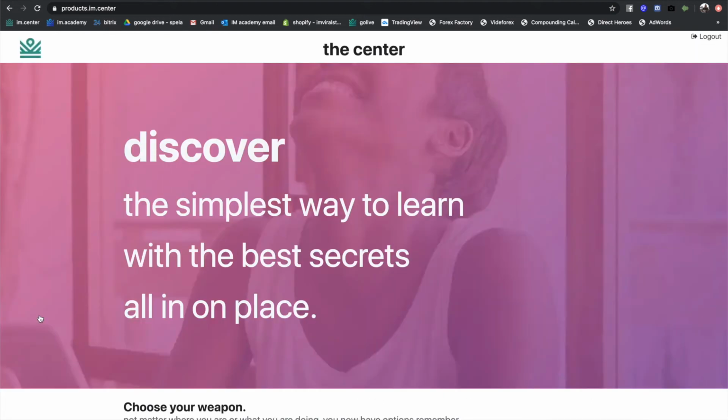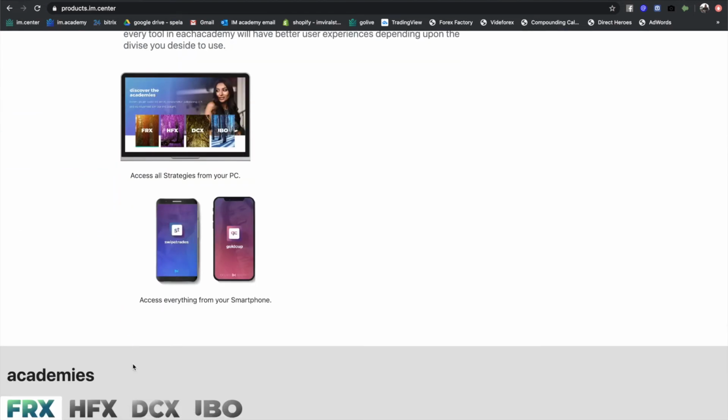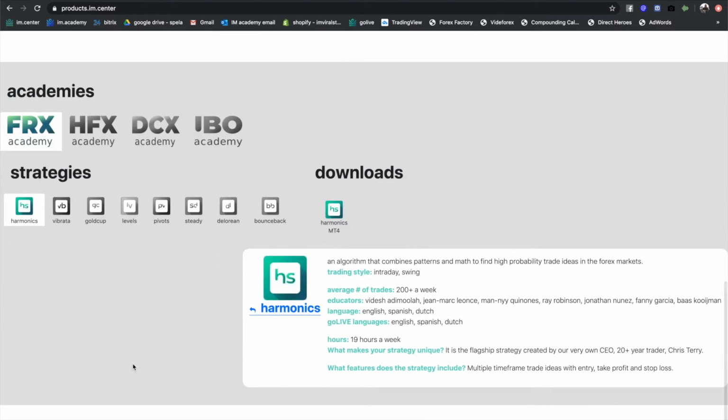Next, I'm going to click Strategies in the left-hand menu. Strategies are platforms that find market ideas, do the work for us, and give us potential setups for us to capitalize within the markets. Well, maybe you don't know what that means. Maybe you're brand new and overwhelmed. Don't be, because each of these has a full breakdown of what each strategy is, how many trades it does,